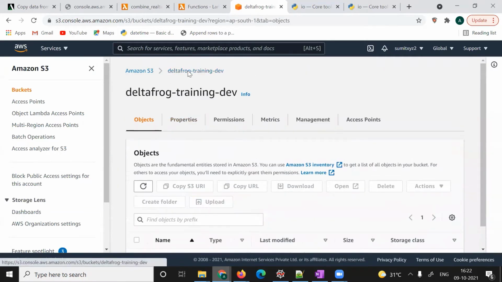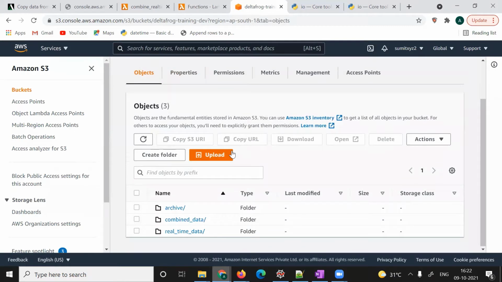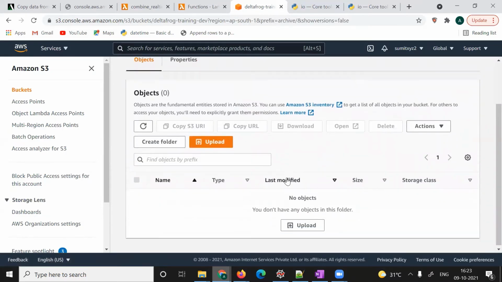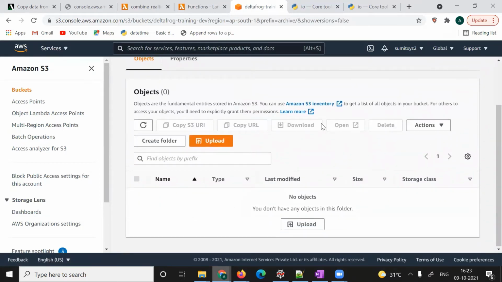Why? Because next time when my job runs after 1 hour, it will not process the same data again. Hope you understood the scenario.